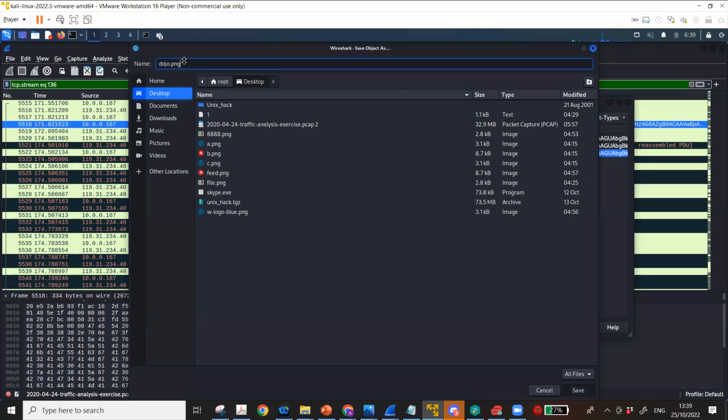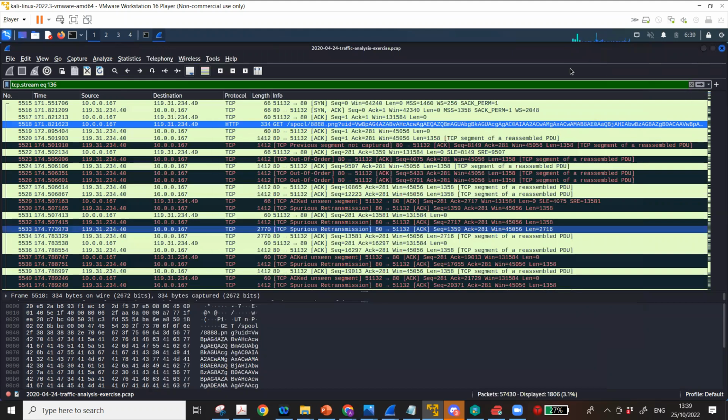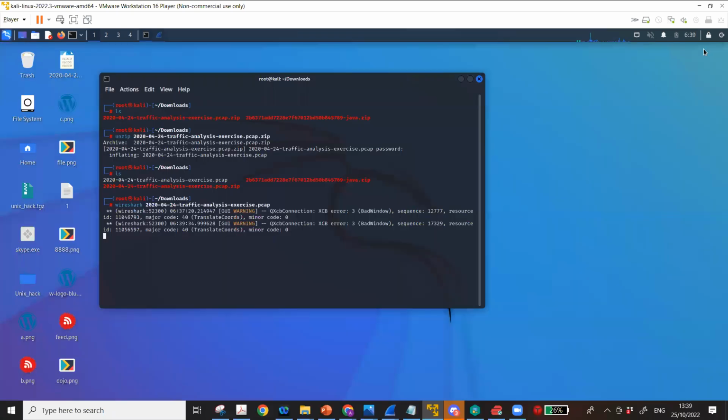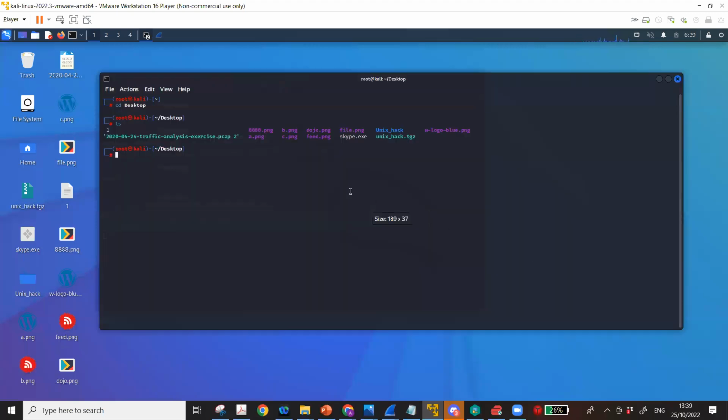and I'm going to save it on the desktop, okay? Now the file is saved on the desktop. And this is one of the tasks that I'm actually trying to demonstrate that you have to do. So do not close this window, otherwise Wireshark will close. So I will go to the desktop and I just saved a file called dojo.png. Where is it? Yeah, so this is the file that I just exported from the packet capture. And now what I want to do is find out whether this file is malicious or not. So one thing that you can do is that you can take the SHA